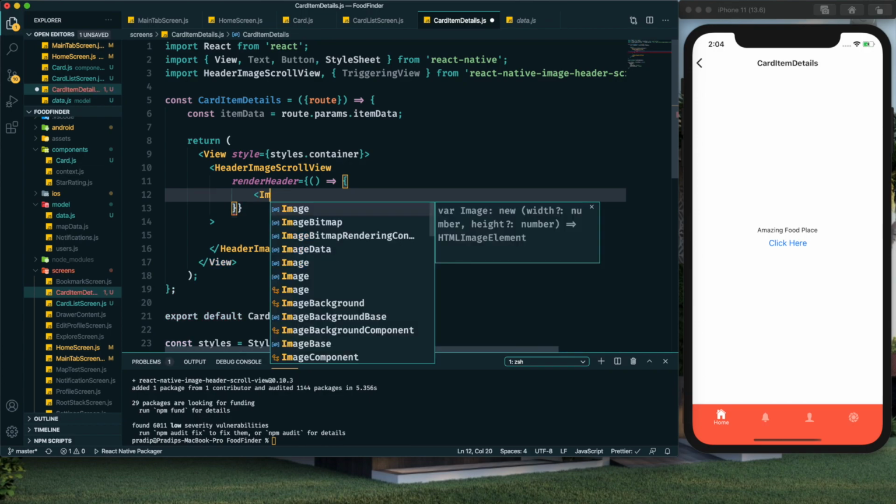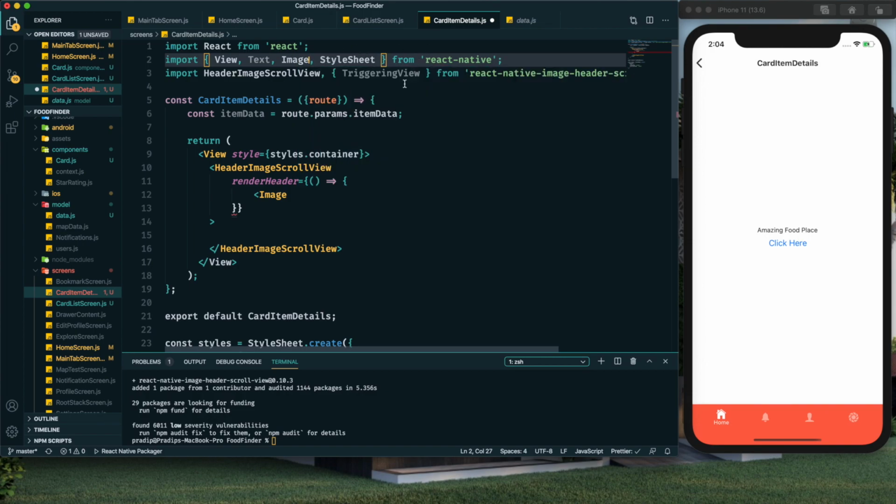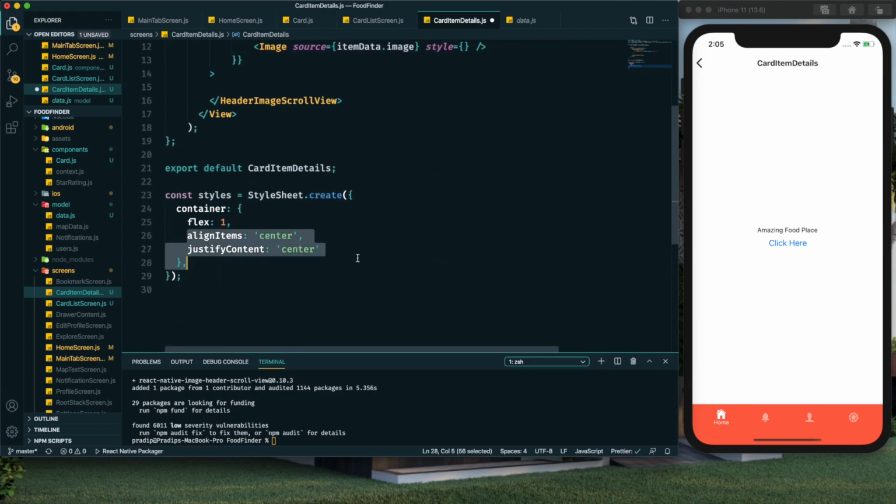So we want to render an image, and make sure you import Image from React Native, and then we need to provide a source, and that source will be our item data image, as we have fetched the title from the item data, so we can get the image as well, and we can provide a style over here. That's the benefit of this render header. Here we can customize our component as per our requirement, but for the header image we can just specify an image over there.